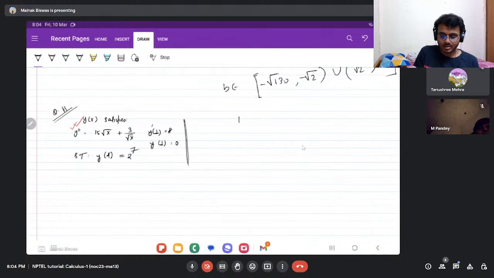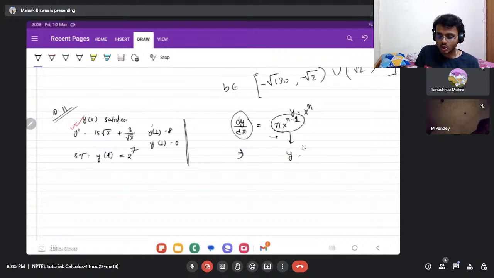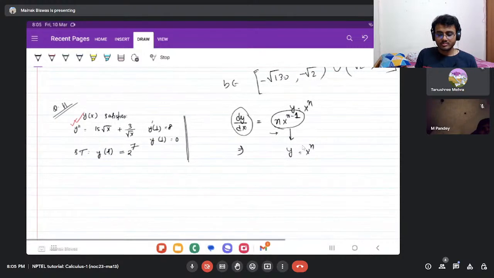So anyways, dy dx is defined for if y is x to the power n, dy dx is defined as n x to the power n minus 1, right? So if I am given n x to the power n minus 1, what should be y? If dy dx is given to be this, so your y should be x to the power n, right? So I will not introduce integration today, but I will do it in a different way, right? So similarly,